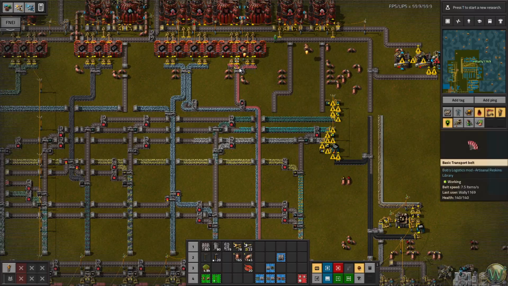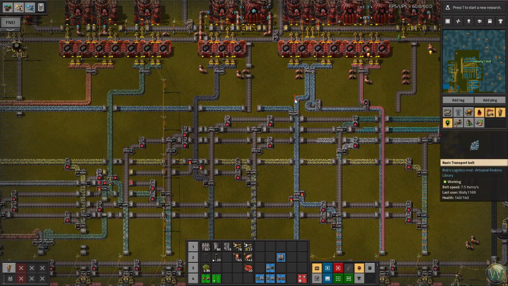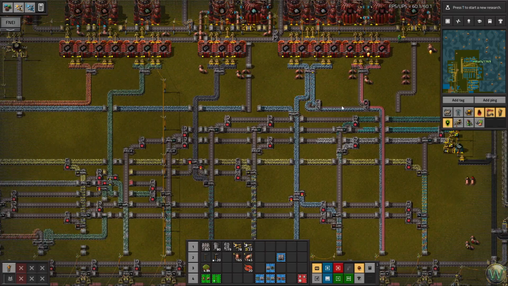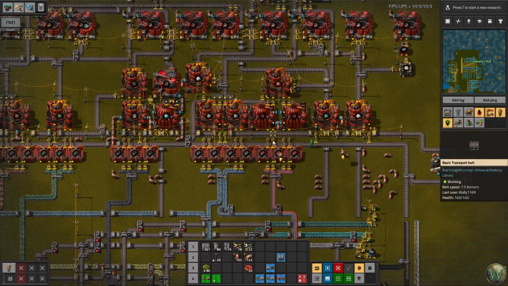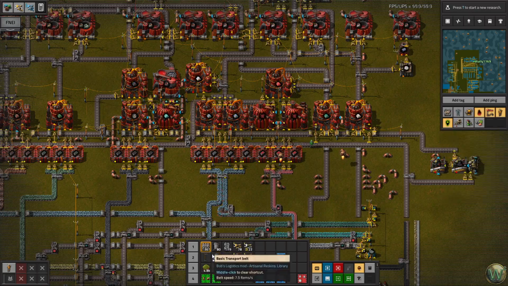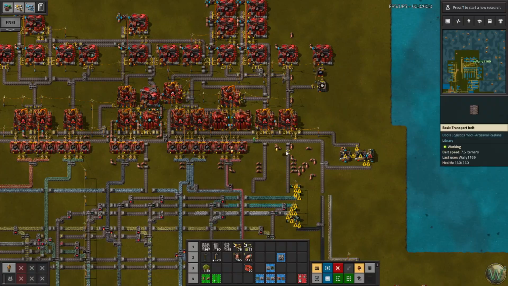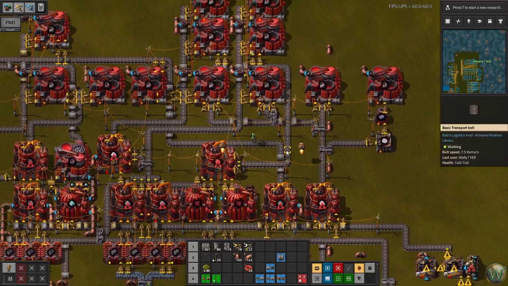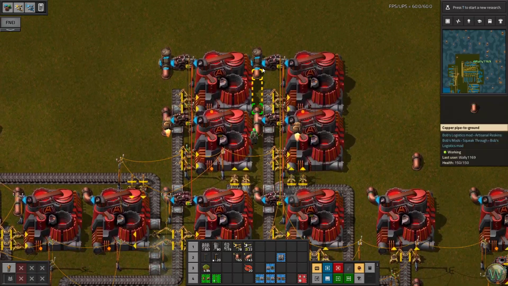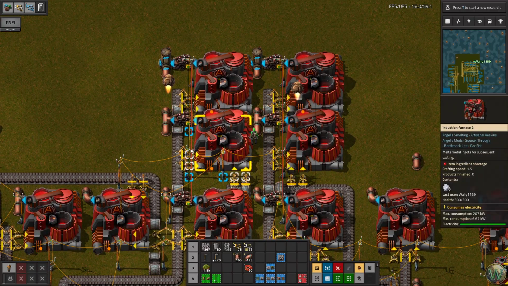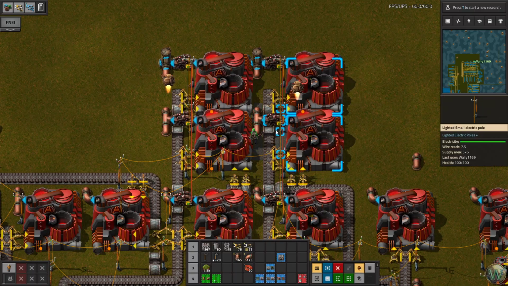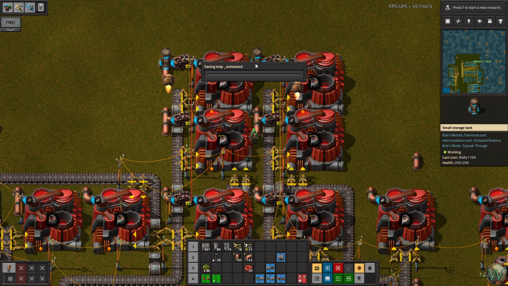Therefore, I want to use the manganese as much as possible so that the iron doesn't get backed up here, and therefore we use the rest of the iron that's being produced here only when that iron runs out. So by wanting to use the manganese as much as possible, I've set these pumps coming out of these two middle machines, the manganese recipe machines, to operate